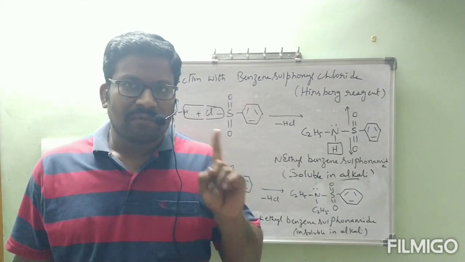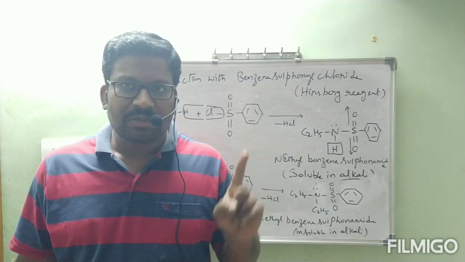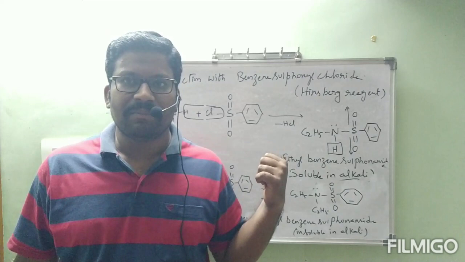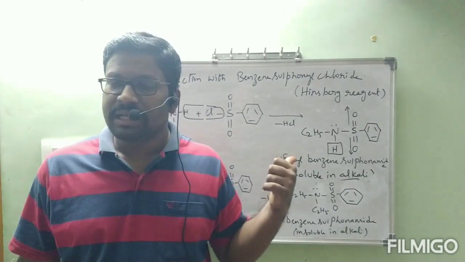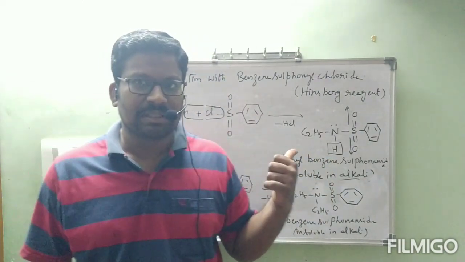And one more thing, for primary amines, carbylamine reaction is very important. Benzene diazonium chloride formation is very important. Okay. Next, this one is also highly important under chemical properties. Now coming to this one, Hinsberg reagent is the reagent which is used to distinguish primary, secondary and tertiary amines.